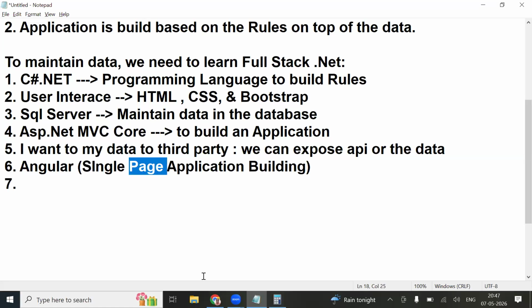Do I need to host this application in a live environment where everybody needs to access? Yes or no? Yes. See, you build an application, it is ready in your local environment. You want to host that application, give the URL to others. Am I right? Then only the users can access and enter data. Am I right?